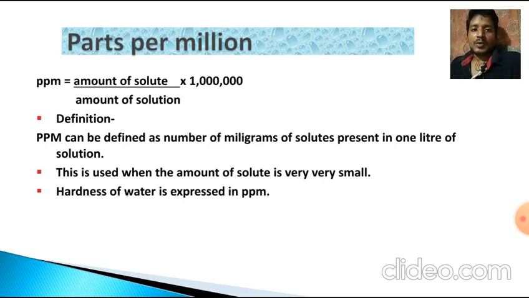Mole fraction is an important parameter, and it is actually the ratio of moles of solute to moles of solution. If two compounds A and B are mixed to form a solution, and the mole numbers of A and B are Na and Nb respectively, then the mole fraction XA is equal to Na by Na plus Nb, and Xb is equal to Nb by Na plus Nb. If we add XA plus Xb, that goes to 1.